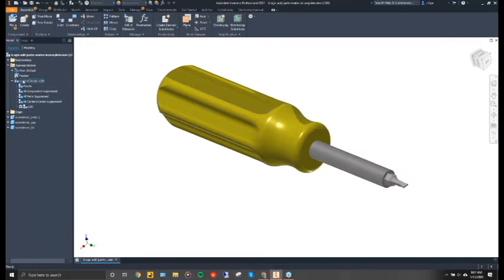One of the most important things is in your level of detail, make sure that you've created something other than master, because you're going to be suppressing out components. Inventor will wig out, not allowing you to suppress components, because you need to create a custom level of detail. So I'm just verifying that I have a custom level of detail created right now. And then